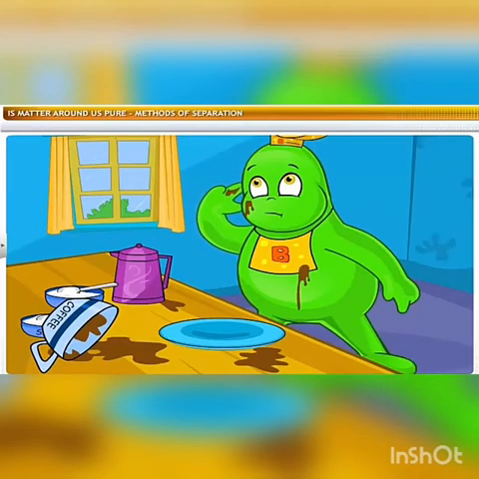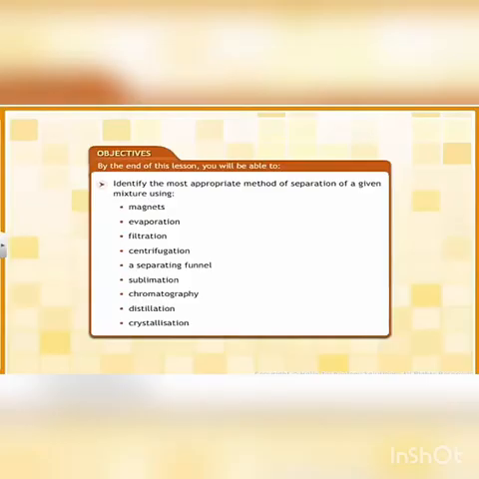I wonder how you separate a solid from a liquid, or even a liquid from a mixture of liquids. Any ideas? This lesson is about the different methods that can be used for separating the components of a mixture. By the end of this lesson, you will be able to